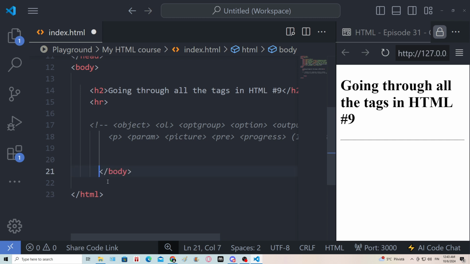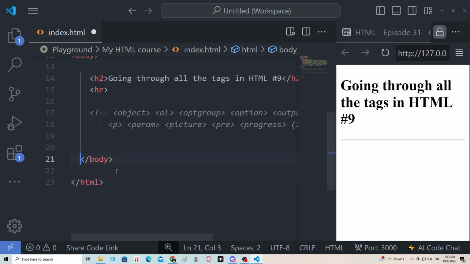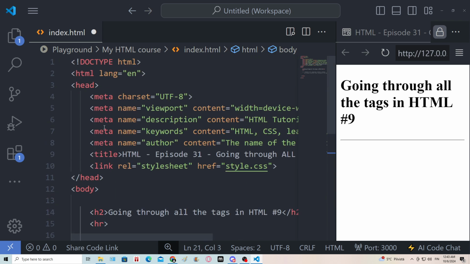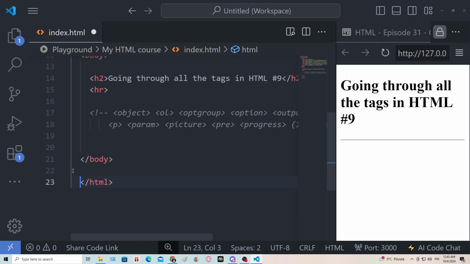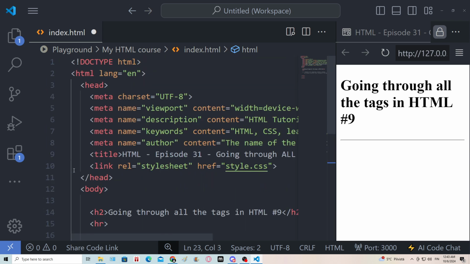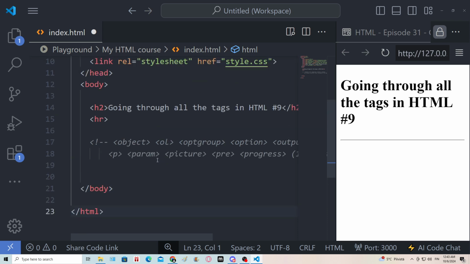So, oh, whoops. I'm gonna put that over there and this one as well. Actually, yeah, I'm gonna fix the indentation. Like this. There we go. Okay, so the OL tag, no, not the OL tag. Yes, the OL tag means